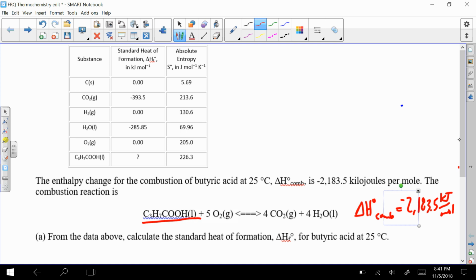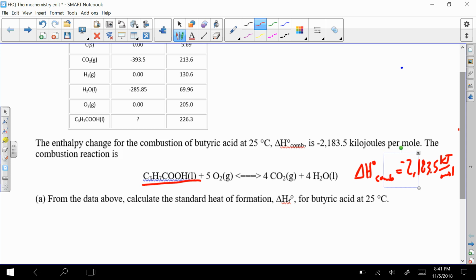And so to set that one up, you would go to the basic equation, the standard enthalpy, and that's at standard states rather than temperatures and pressures,